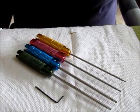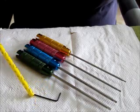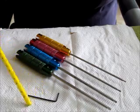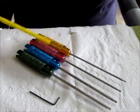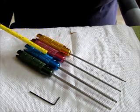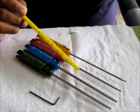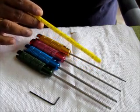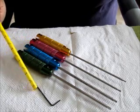Now, most of the kits that come today would include tools like this. They're called Allen keys. Okay, they're essentially enough to get the job done, but it's always better to have tools like this, so that will help you to do your wrenching much better. Some of these tools are well made, and they take a lot of load. They are easier, and you have better grip, while this is